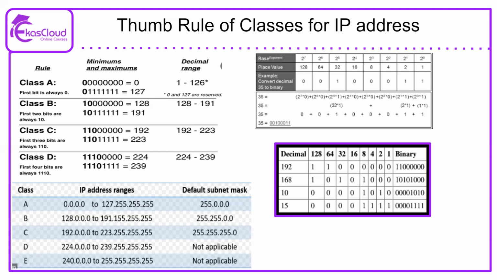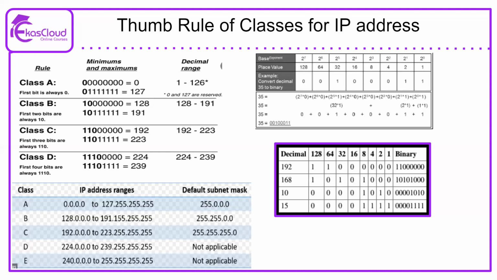Again here, if you see the class B, we can see the subnet mask as 255.255.0.0. Again, what this means is the first two octets or the 16 bits will be represented as network bits and the remaining 16 bits will be represented as the host bits. So this subnet mask will tell the computer to identify whether an IP address belongs to class A, B, or C, and accordingly, the computer can recognize whether it is network bits or host bits.